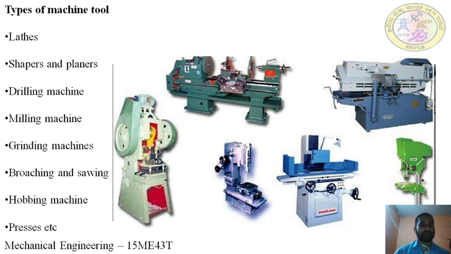Other components can also be machined by using various attachments, but the main purpose of the lathe is to machine the cylindrical surface. Okay. So the shaper and planer, next, are intended to produce flat surfaces. They are used for machining horizontal surfaces, vertical surfaces and any angular surfaces. So they are used for producing flat surfaces.